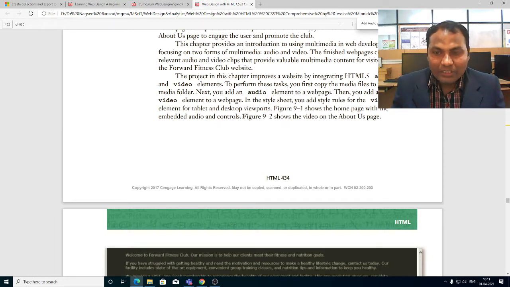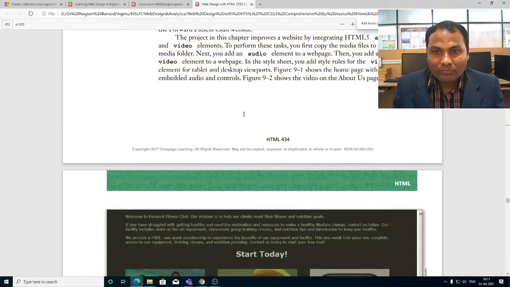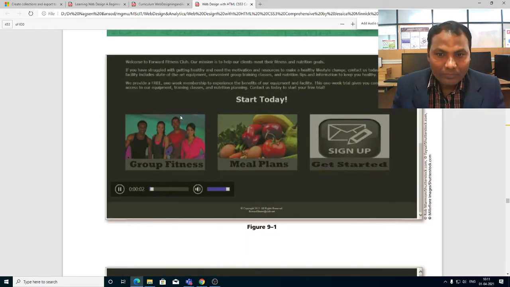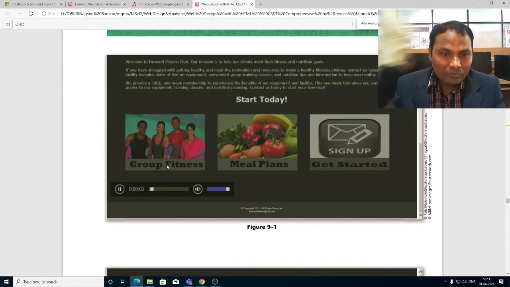In this project we are going to perform the task of adding audio and video to this page. You can see these photographs, group fitness with video.